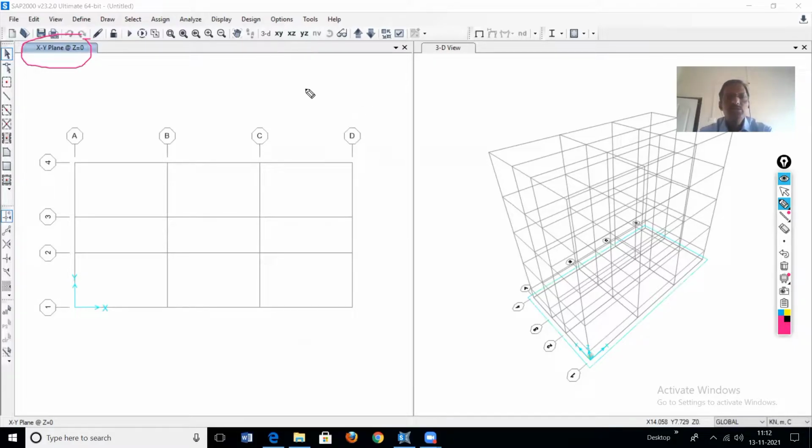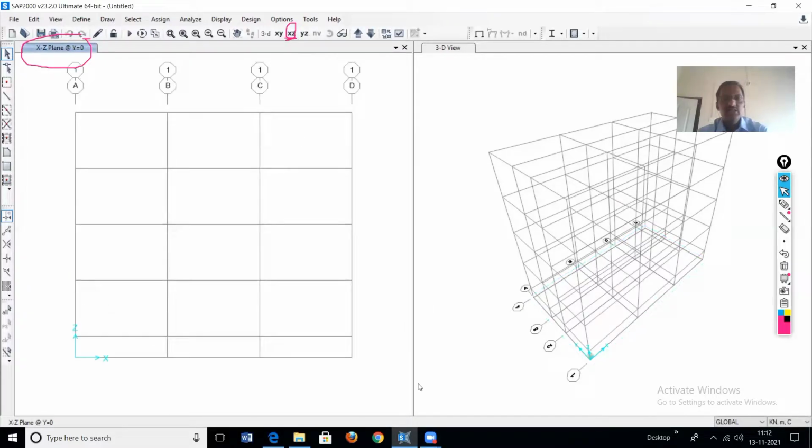For the z direction, go for the xz plane. You just click here, click on the xz plan. So this is the xz plan. Whenever you put the cursor here, at the bottom you can read the coordinate of that cursor point. So the first is 0, read the coordinate of the z. Then this is 1.2, then addition of 1.2, 1.2. So it is uniform, 1.2.